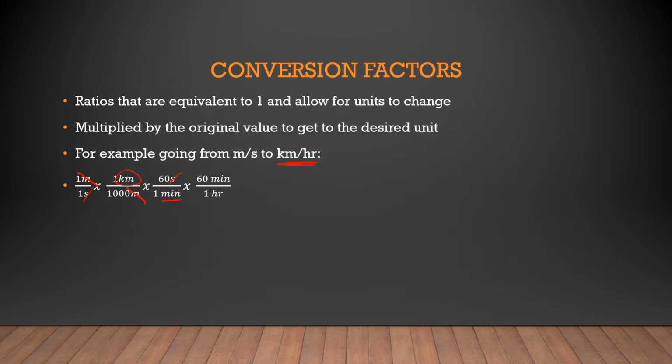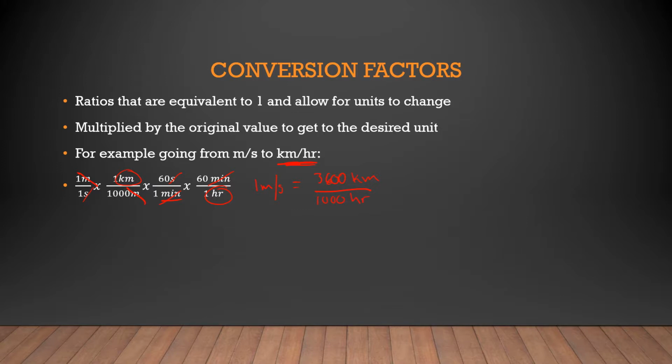We know that 60 minutes are in 1 hour, so now we can cancel out minutes, and we are left with hours on the bottom. So we learned that 1 meter per second is the same as, if we multiply across the top, 3,600 kilometers, because those are the units we're left with on top, over